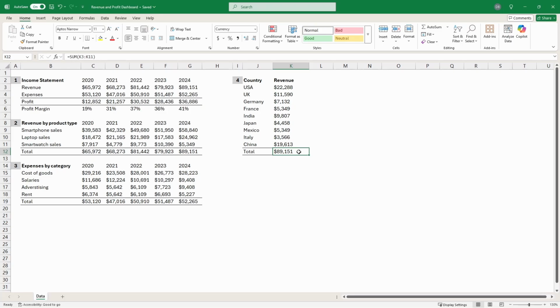We want to turn this information into some clear visual graphs to help us extract key insights and present them to the management team. Let's start with table number 1. The main takeaway from this table is that the profit is increasing from 2020 to 2024, as well as the profit margin, which is the profit as a percentage of revenue. So let's select table number 1,